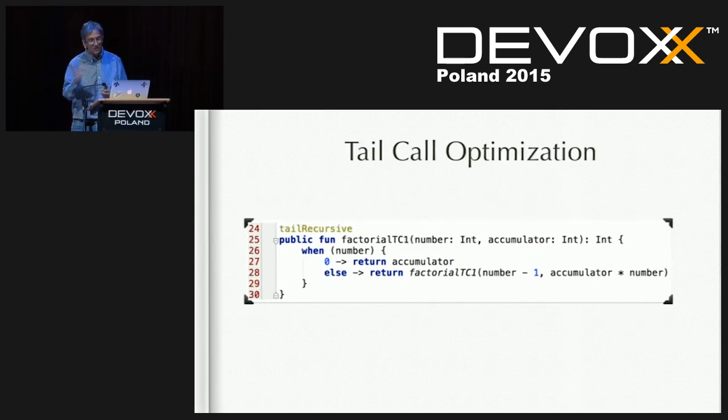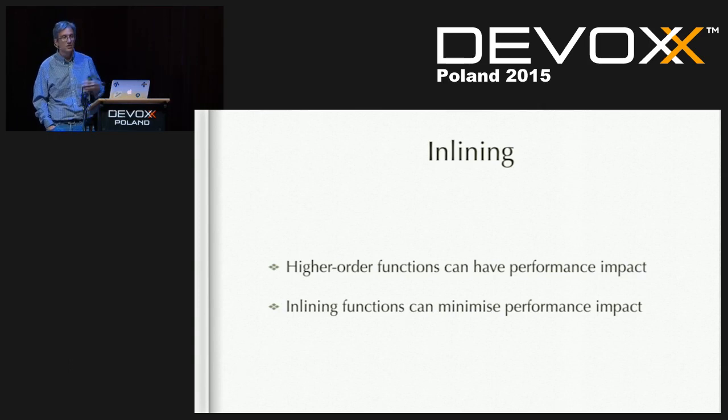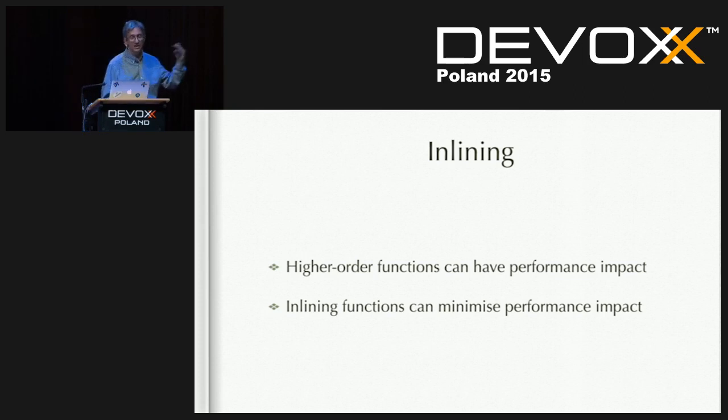And in the case of Kotlin, it doesn't do that automatically. You add an annotation, and then it will do tail call optimization. And compilers, again, also have a lot of techniques for trying to improve performance so that you don't worry about the call stack. A lot of times they can just inline functions that don't, again, have any side effects. They can basically inline that.